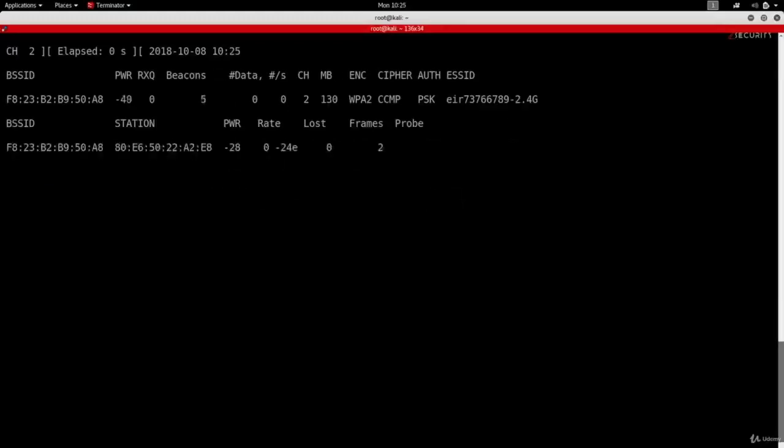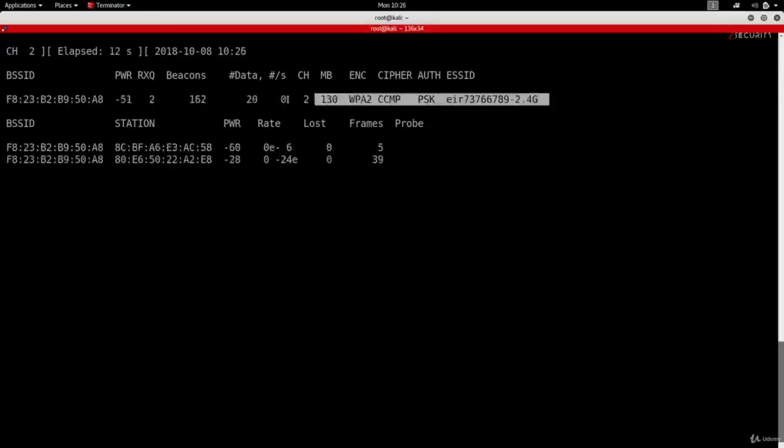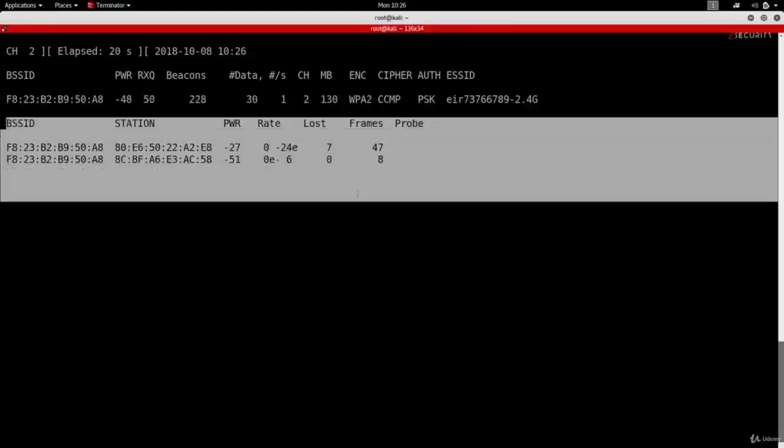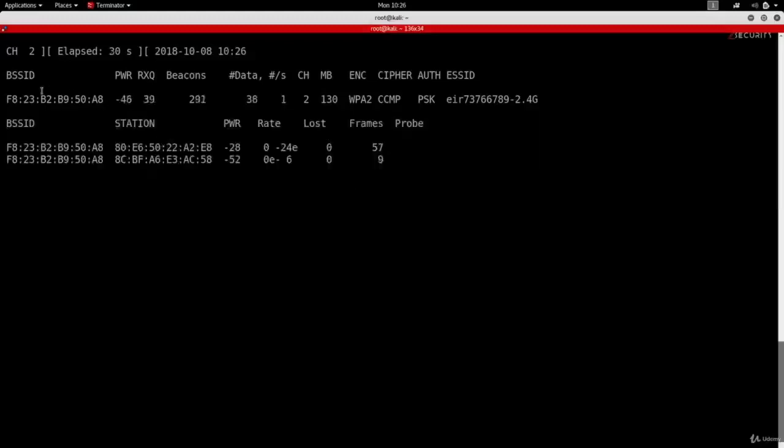Now I'm going to hit enter. And as you can see, unlike the last time, AeroDumpNG is only showing me one network in here. This is the network that I wanted it to sniff data on. And we can also see we have a completely new section right now. When I ran AeroDumpNG in the previous lecture, you saw I only had the networks in here and I had nothing here at the bottom. But now you can see we have more entries in the second section of AeroDumpNG.